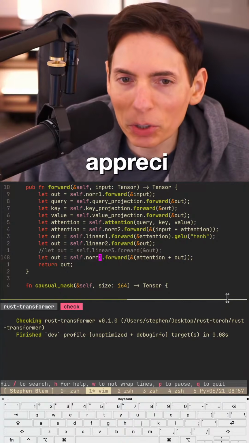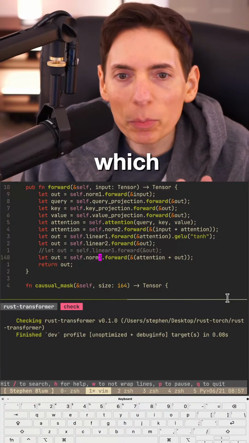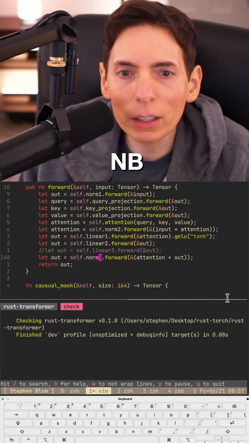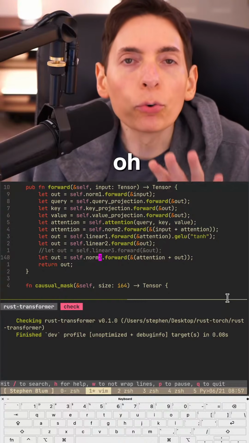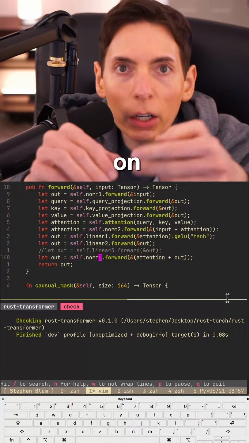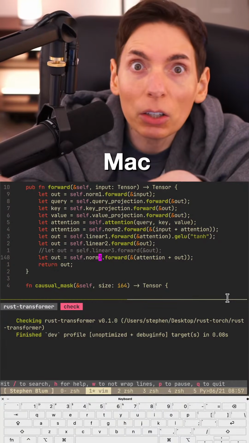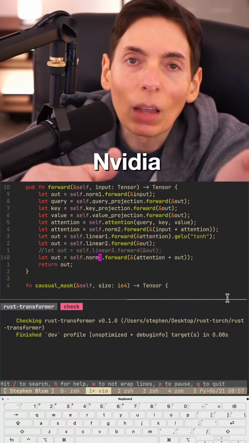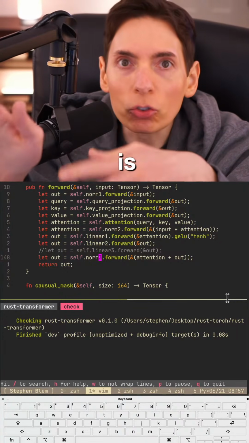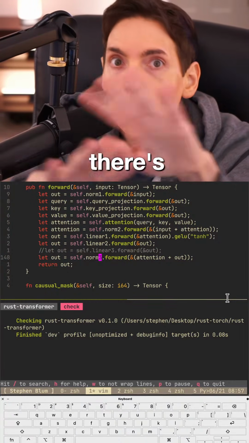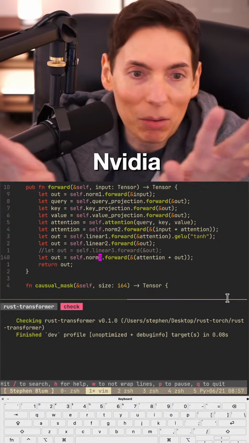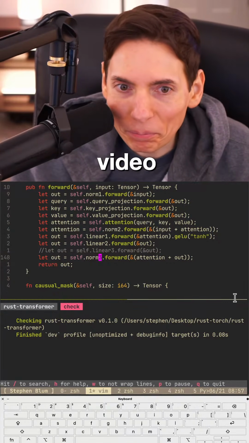Thank you for the hearts, you guys. Appreciate it. Good to have you here. Which MacBook do you use? Because you mentioned NVIDIA graphics. So for Debian, when I'm running on Debian, not Mac, I will use NVIDIA. I'm running on Mac right now, which is Darwin, and there's no NVIDIA on Mac.